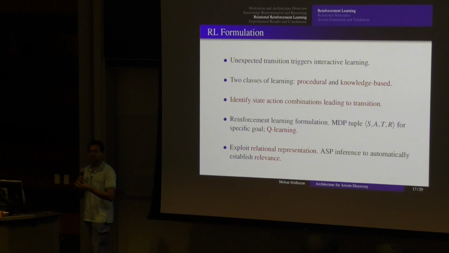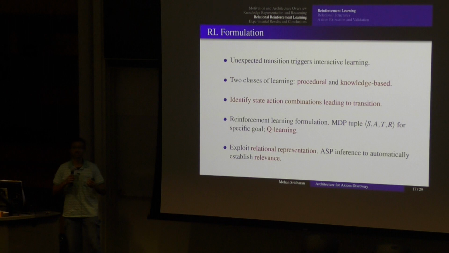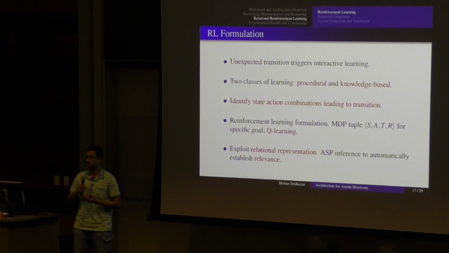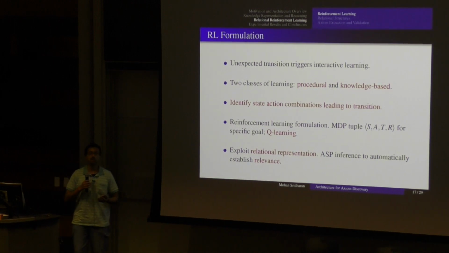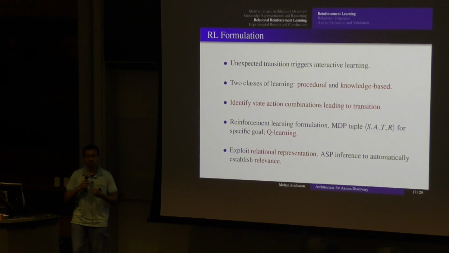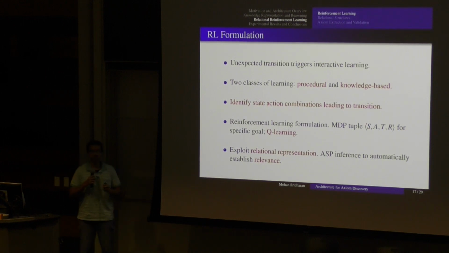And here I'm borrowing some terminology with permission from John Laird from University of Michigan. He talks about learning as being in two classes: things which are procedural, which happen all the time and many times are even involuntary, and the other one, which is more knowledge based, that is triggered to explicitly acquire some action or some knowledge, that is learning that happens as a result of you acquiring some knowledge, right? And the point I want to make here is we are actually doing both.